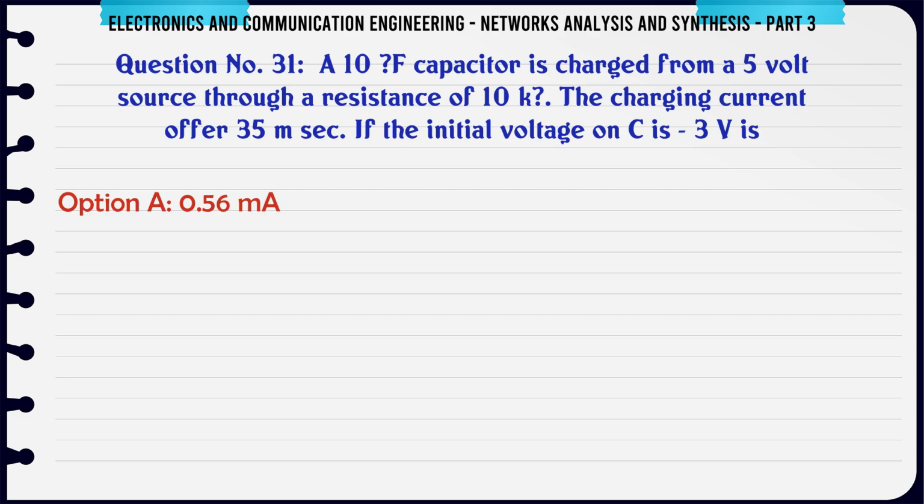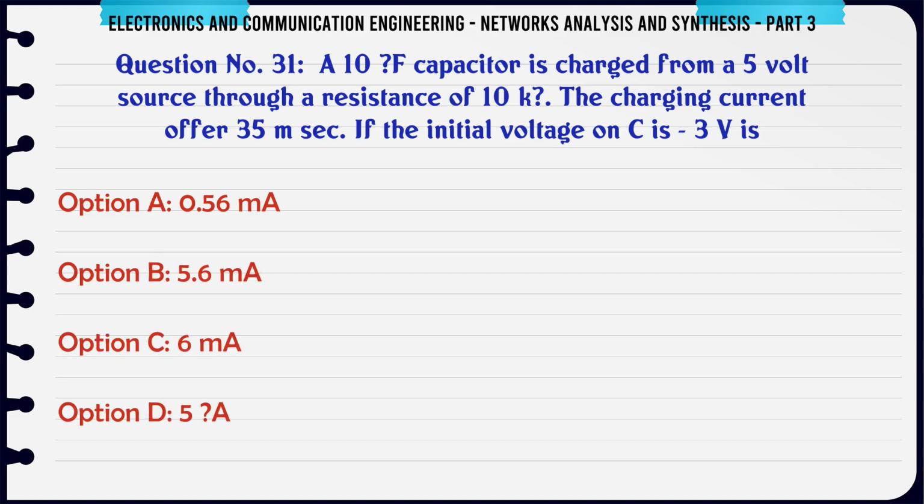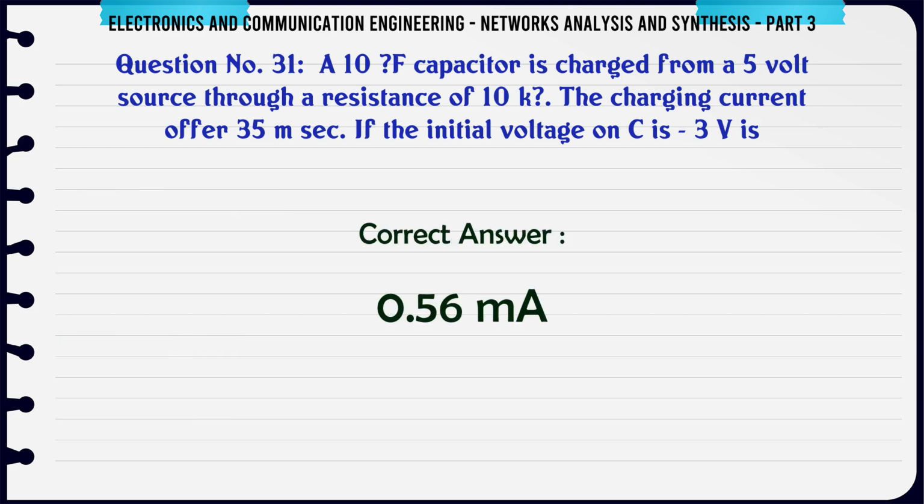A 10 microfarad capacitor is charged from a 5-volt source through a resistance of 10 kilohms. The charging current at 35 msec, if the initial voltage on C is 3 V, is: A 0.56 mA, B 5.6 mA, C 6 mA, D 5 A. The correct answer is